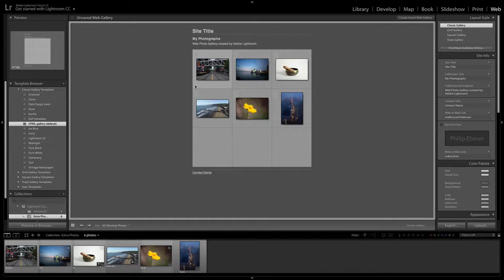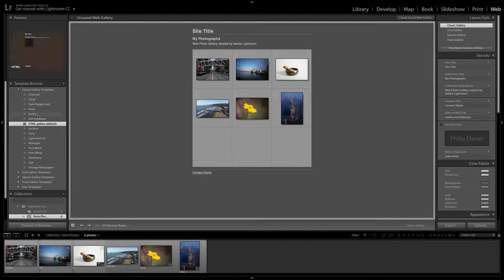I personally use WordPress, not WordPress.com, but WordPress hosting, using Bluehost as my web host to create my own website. There's also lots of great free tools from Flickr to Wix.com to all kinds of different photo sharing websites where you can create your own custom website. That might be a little bit easier. That being said, it's pretty cool. So let me just go through how you can use this.